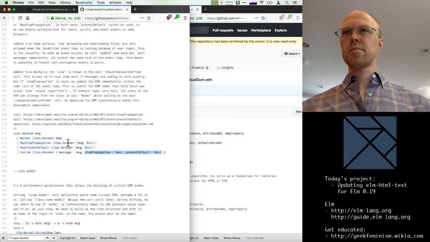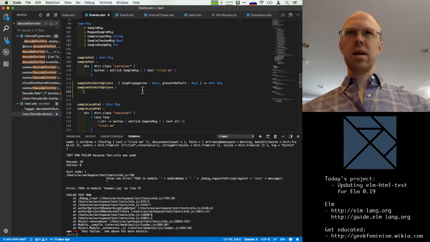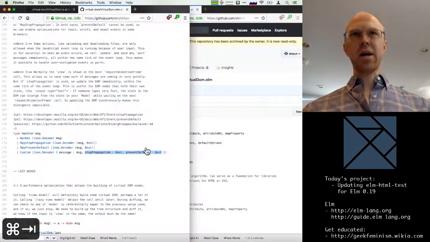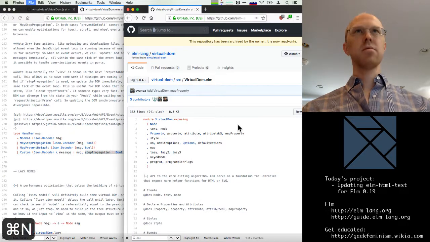Or I guess these could be handlers. Okay, I guess we should check the HTML docs in Elm 19.